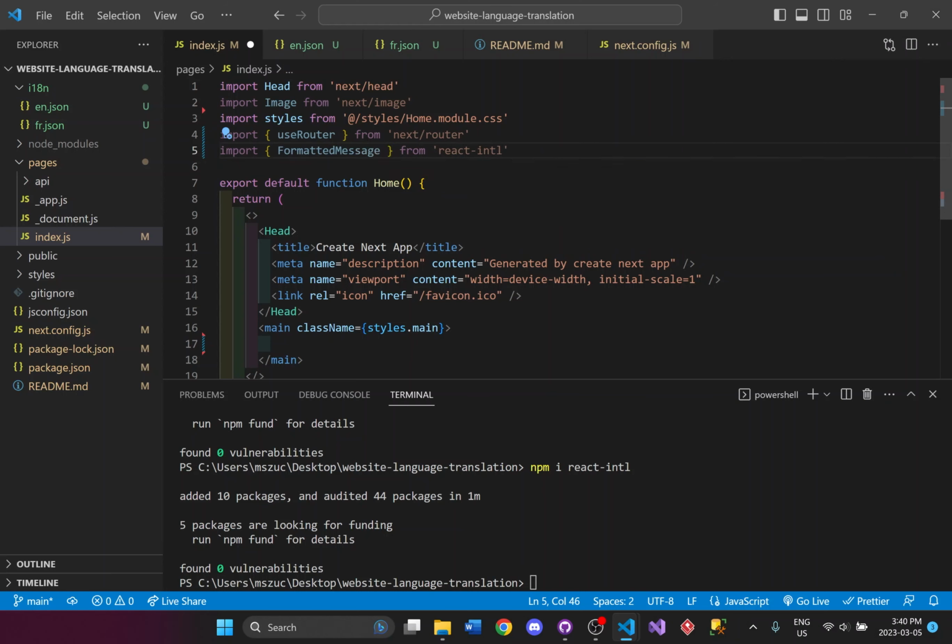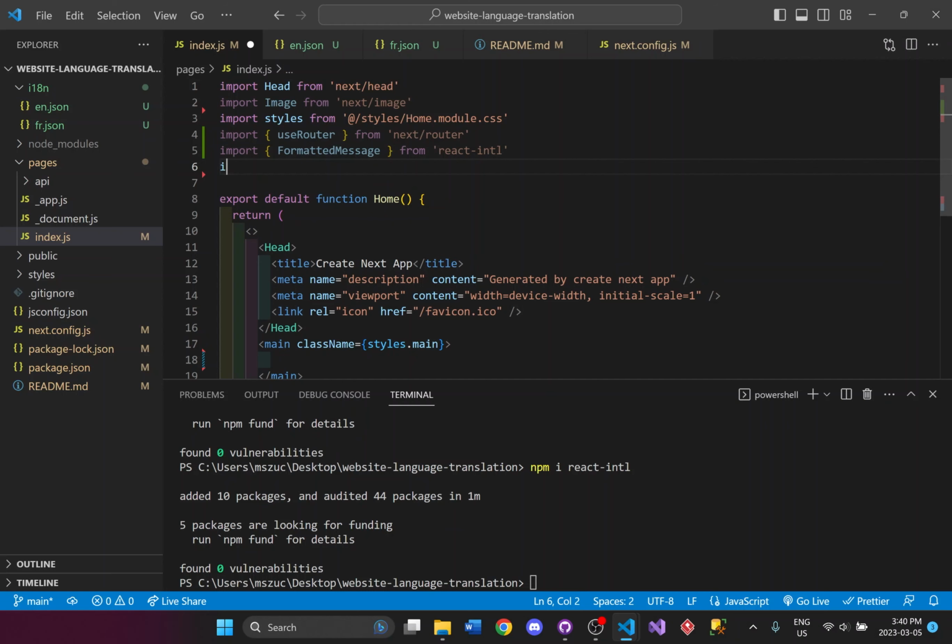There we go, for react-intl, and it's just going to help with finding the information on the page and then translating it based on whichever language we have set it to. Import Link, because we're going to use the Link tags to change between the different languages. And now here in between the Home parentheses, we're just going to add the word dir, because we are going to use this to actually help with the text direction.